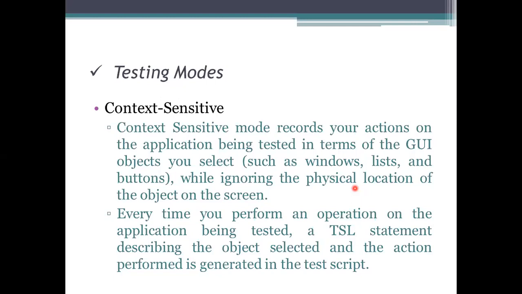In this context sensitive mode, you are recording the actions. For example, Seema, consider this is a window. I am just moving this, so this is a mouse movement. The mouse movement means whether it is placed here while I am moving. We need to see whether it is constantly moving. If it is constantly moving, what happens here?